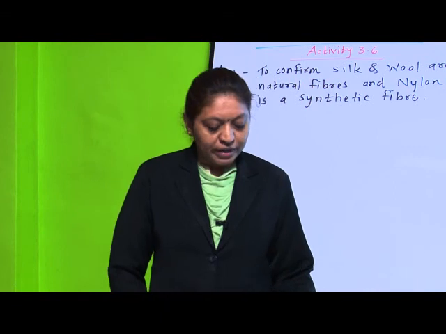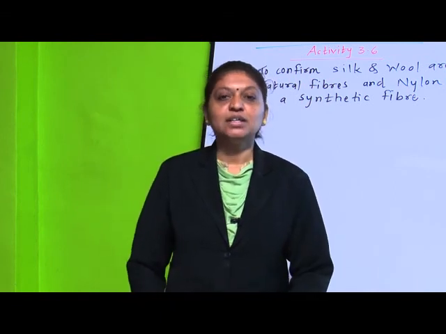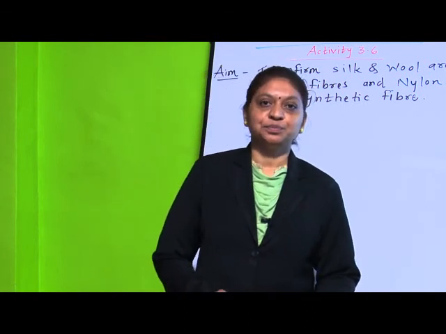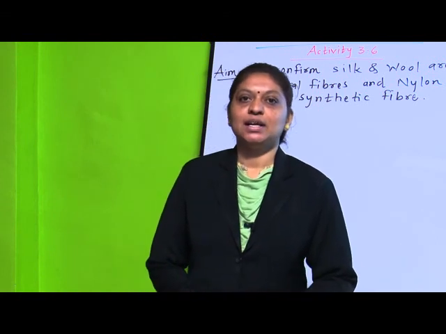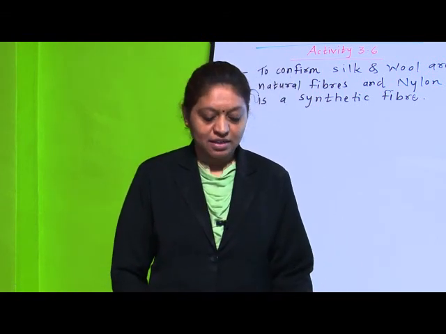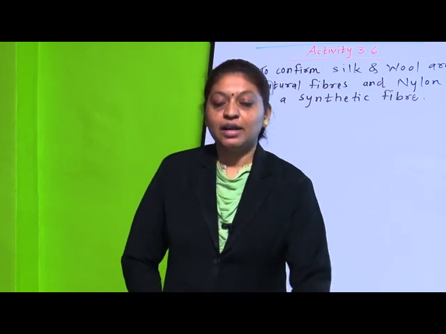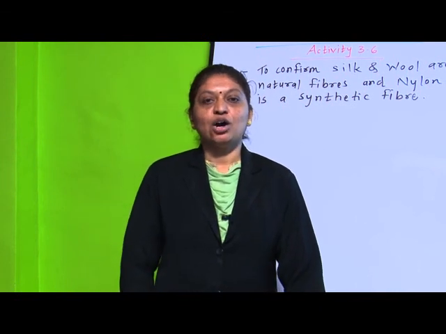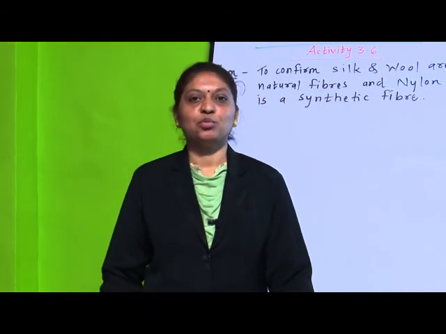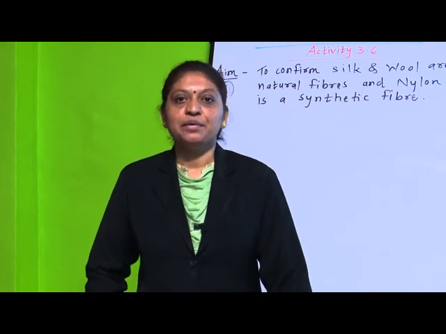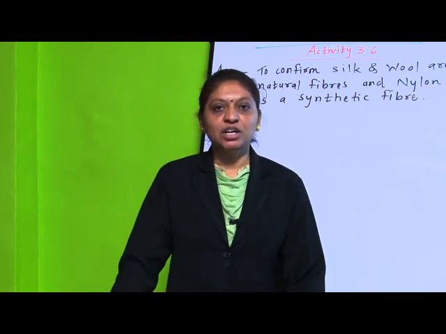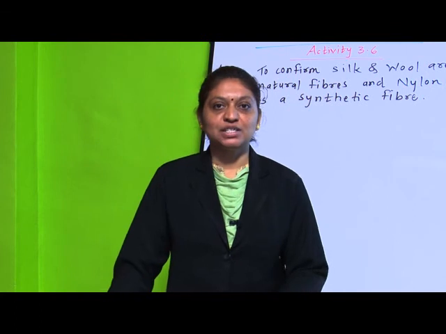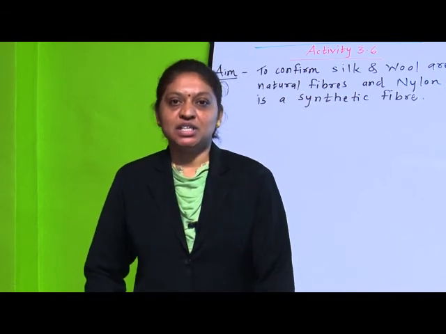So students, we are done here. Okay, so we completed lesson number 3 here. So let us take a short recap of this lesson. So we discussed in this lesson there are different types of fibers. Also there are different types of animals from which we are getting different types of fiber. So in this lesson specially we learned about animal fiber, two types of animal fiber. First one is wool and second one is silk.